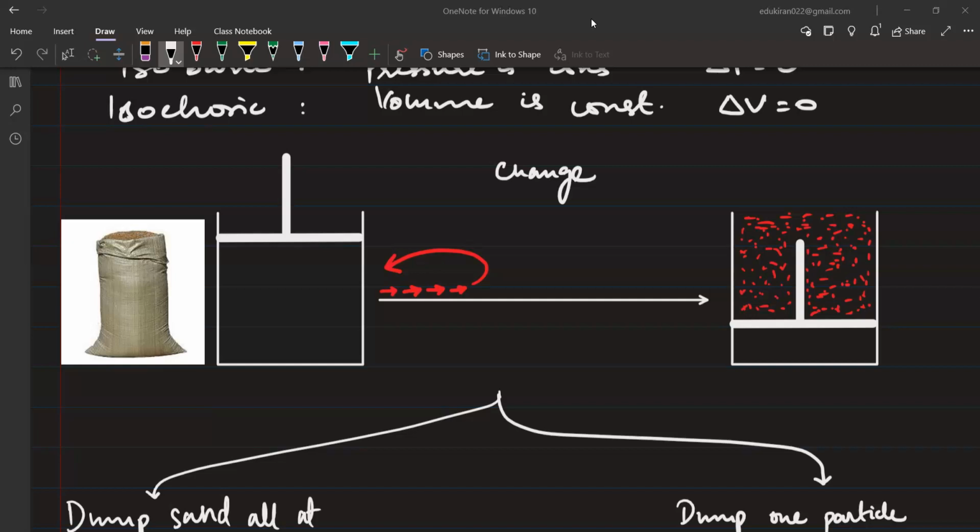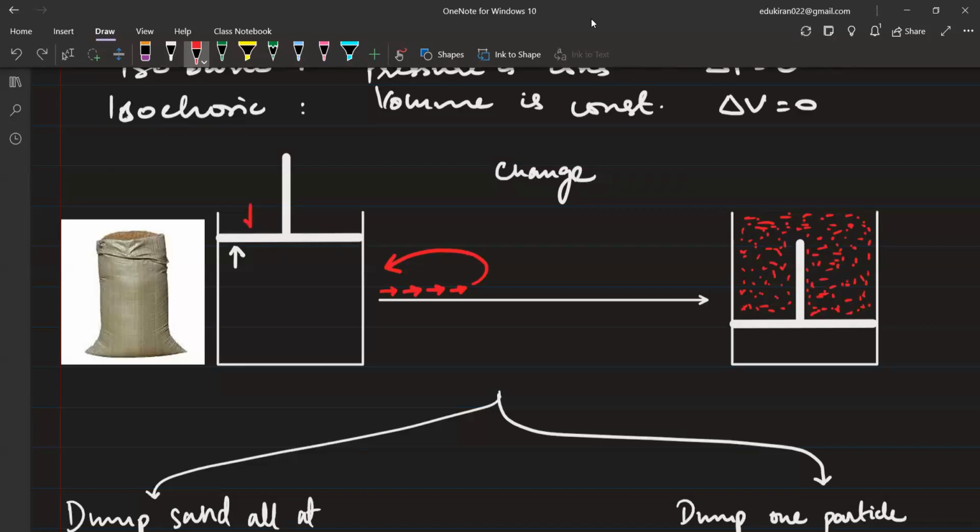The sand. The sand particles, the grains of sand. So the grains of sand, they're applying some kind of pressure, then only the piston is going down. See, then only the piston is going down. But how is the piston up? So piston is up because there will be some gas particles present here before, and these gas particles are applying some kind of pressure on the piston like this. When a grain of sand comes, it applies a pressure like this.